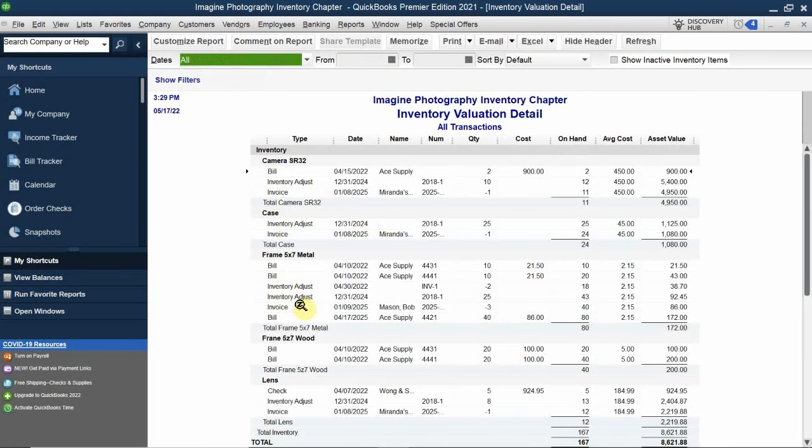Now take a look at this. So we were looking at my picture frames metal, right? Now notice this, that on April 10, right, we received those 10 and 10. So I should have 20 available, and they're right now $21.50. Okay? Now watch this. Take a look here. It also included that I had an inventory adjustment, right? Which